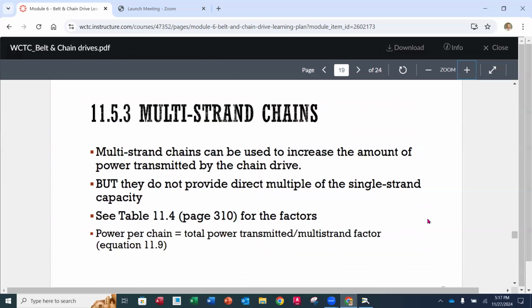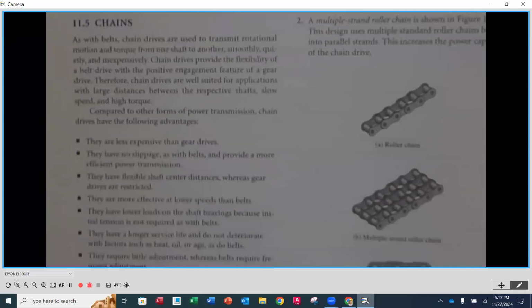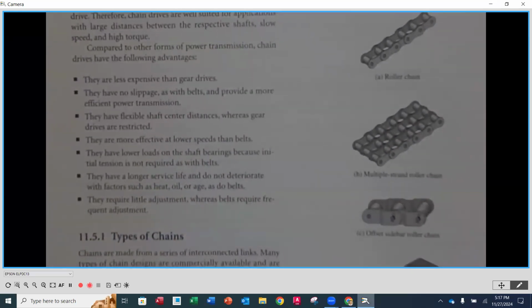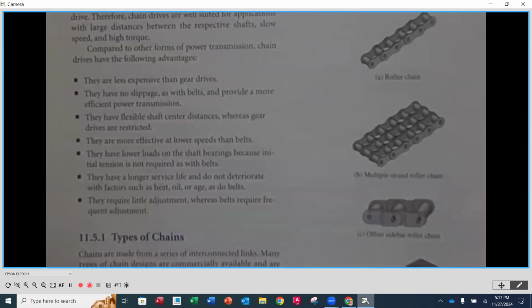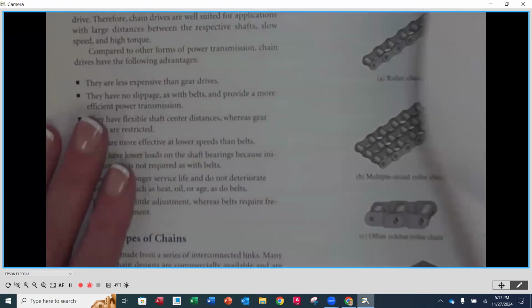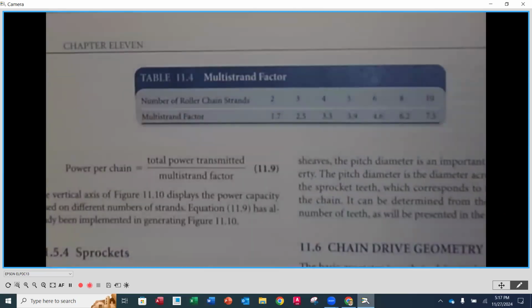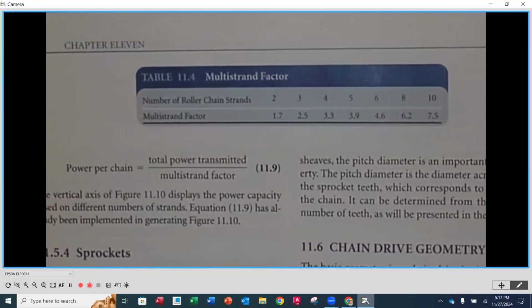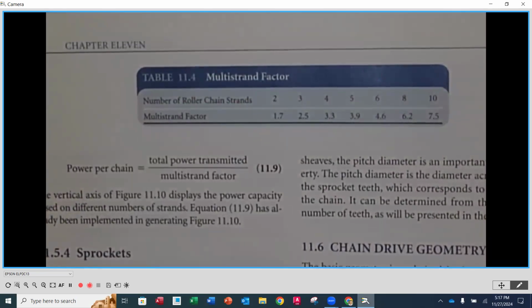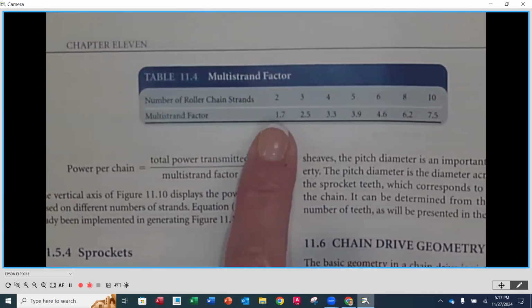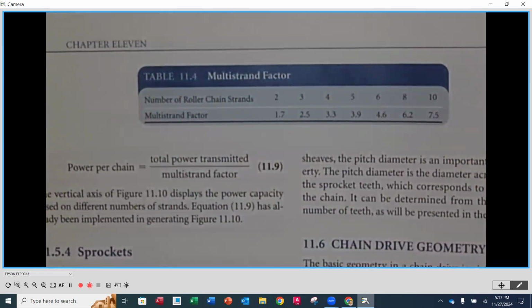Now, let's talk about multi-strand chain. You are going to notice that we had looked at an illustration where we had, in this case, 3 rows of chain, okay? We can have a number of different rows. So if we go back to page 310 and up on the top here, we have this table, and it says multi-strand factor. If we have 2 roller chains, this gives us our multiplication factor, meaning if I find what power I can carry for a certain size chain, and it's usually going to be rated by horsepower,